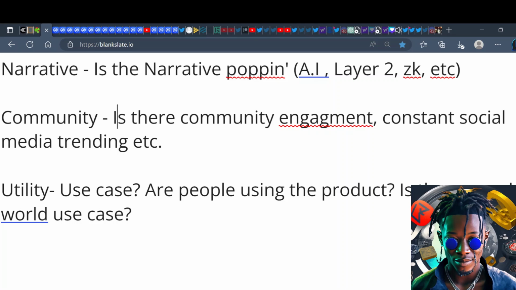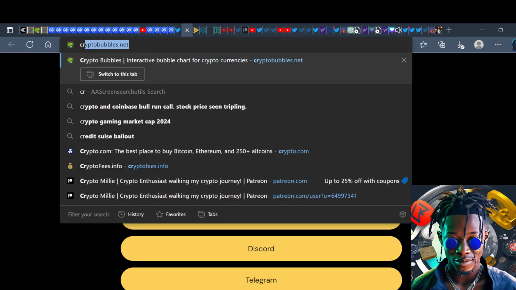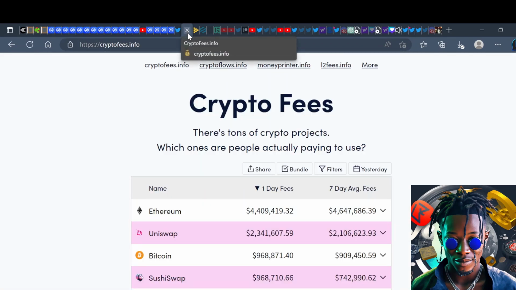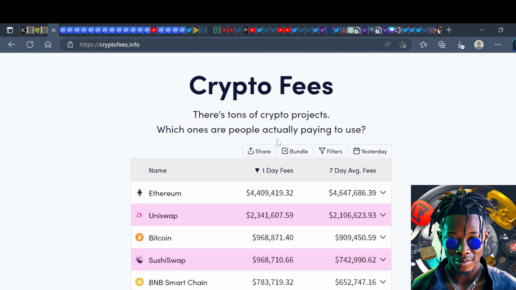So does the project have a use case? Are people using the project? You know what I'm saying? I like to swing over to, let me see if I can pull it up, I like to swing over to Crypto Fees, right? So when I'm doing some scouting on a project, I like to check out this website to see which projects generate the most liquidity on a daily basis, which projects are more